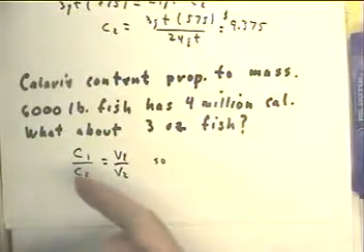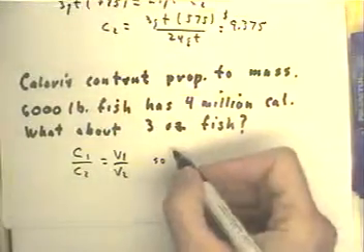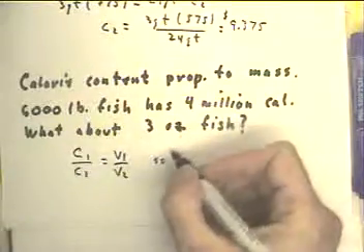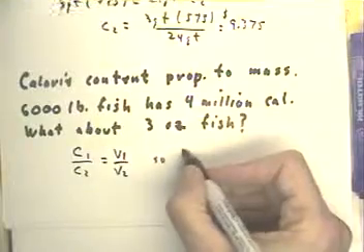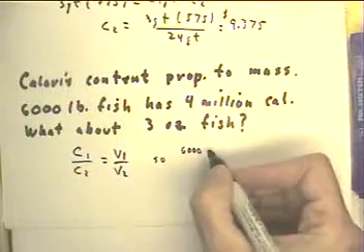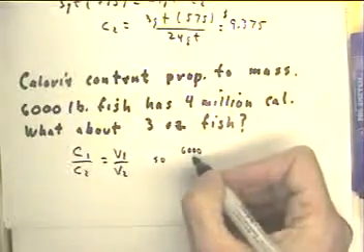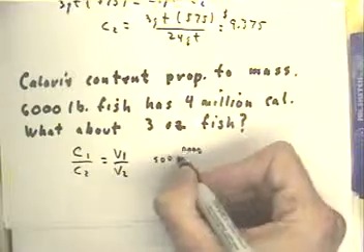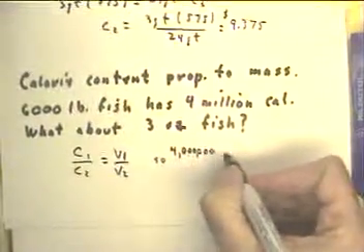So let's see. I'm sorry, calorie 1 over calorie 2. Okay, that might be energy 1 over energy 2, but okay, the calories are 6,000. Whoops. No, it's 4 million calories. Let's change that 6 to a 0. And then we can cheat a little bit and write 4 million calories